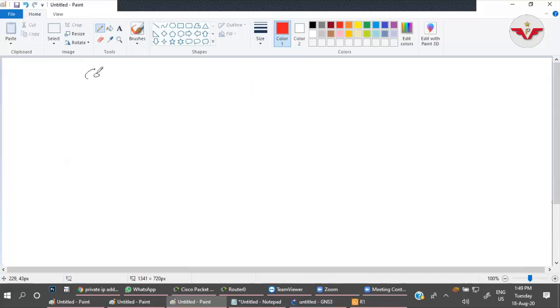If you want, you can make a note of it. Command to configure DHCP server on router.